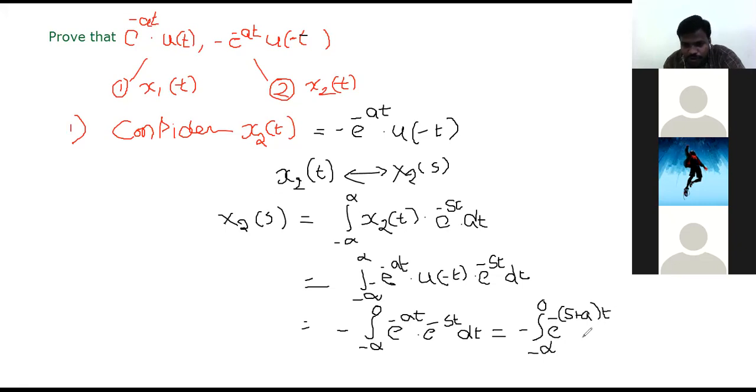Before determining this, first of all, we have to change the order of the integration limits. See how I am going to change them. Minus infinity to 0 can be taken as from 0 to infinity, and that minus sign goes here. So what you will get? Minus of